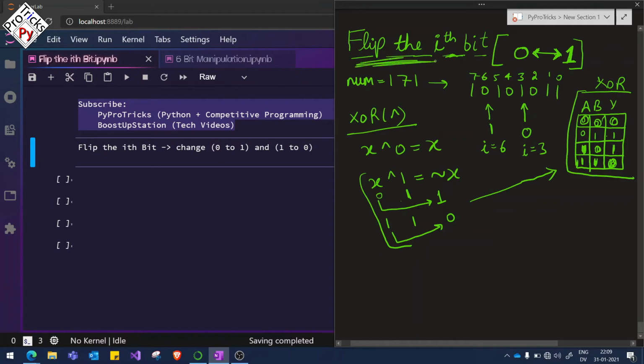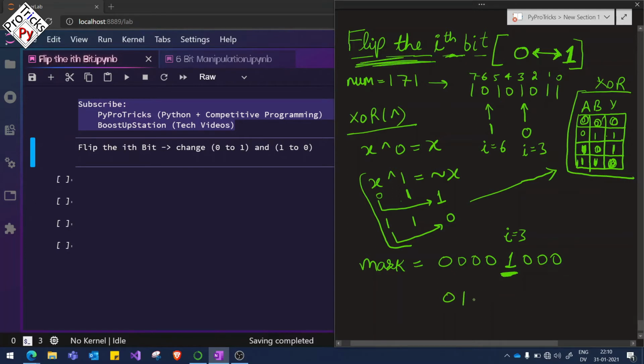Now for flipping the bit, we need a mask. The mask must have 0 at all other places and 1 at the ith position. We are considering i equal to 3 in this case, so this will be our mask, with 1 at the ith position.